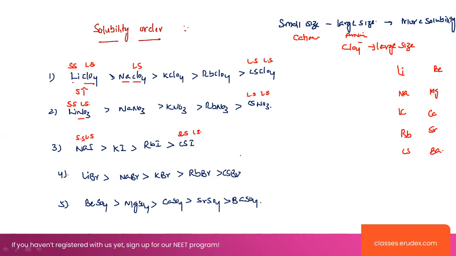In this case, whenever it is fluorine, chlorine, bromine, iodine, from top to bottom, atomic size increases. So comparing lithium to bromine, lithium is of the small size and this is of the large size here. Coming to sodium to bromine, this is large size and this is large size here. Whereas in the case of beryllium sulfate, this has the small size, this is large size. Here large size and this is large size. So solubility will be less here and in this case solubility will be more.